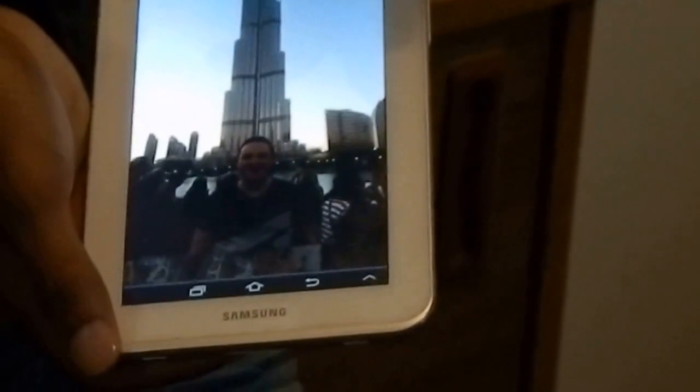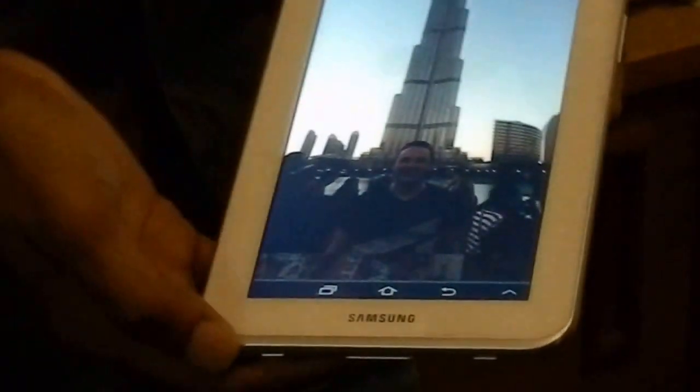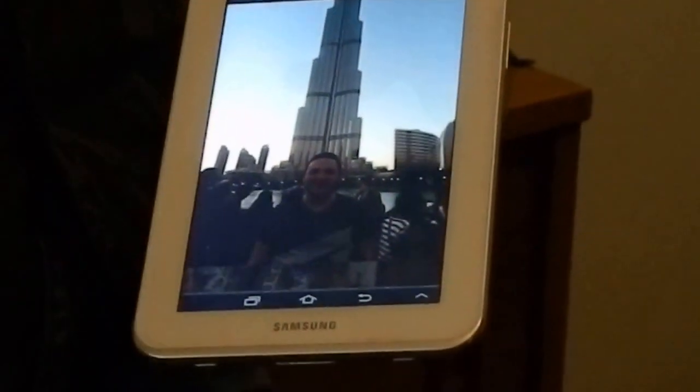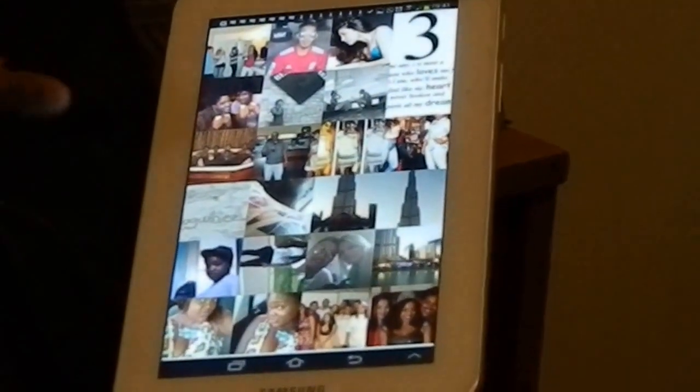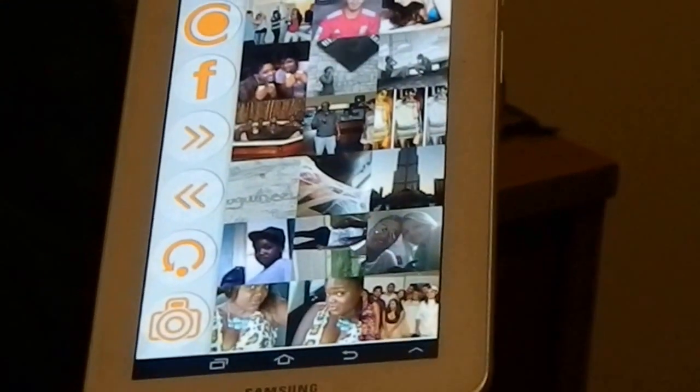And there we go. It's a picture of a friend of mine. An image that I probably may have missed if I wasn't using the Canvo app, because it would have sunk so deeply in my Facebook post. And another cool thing about the app,